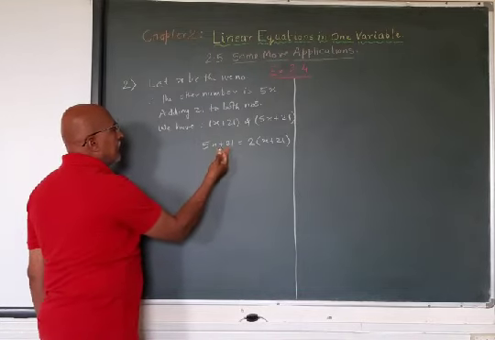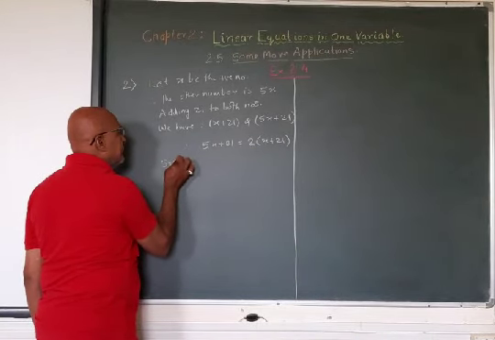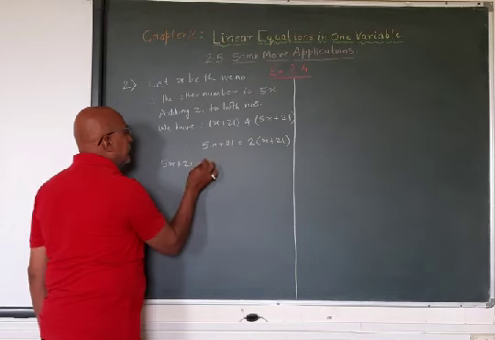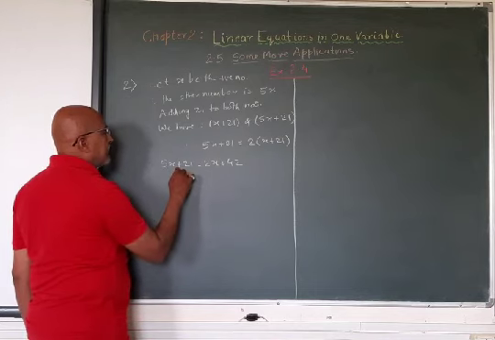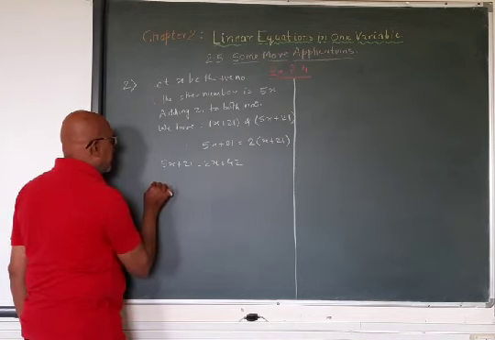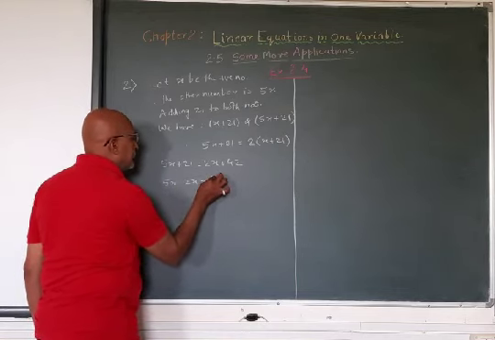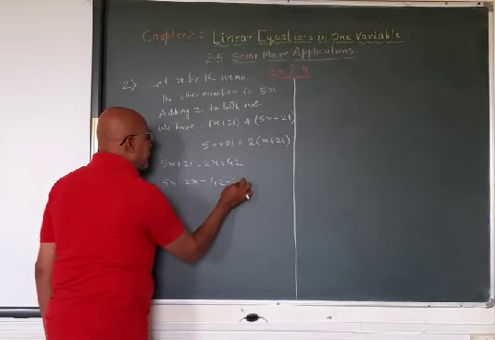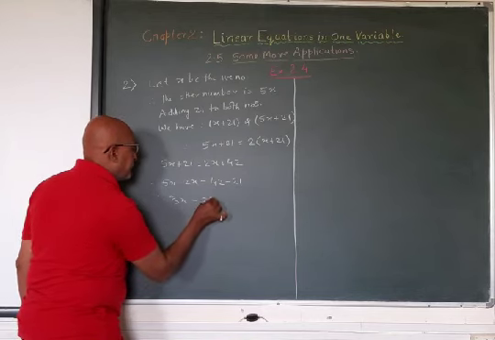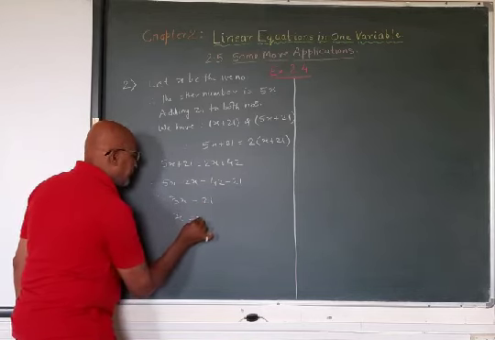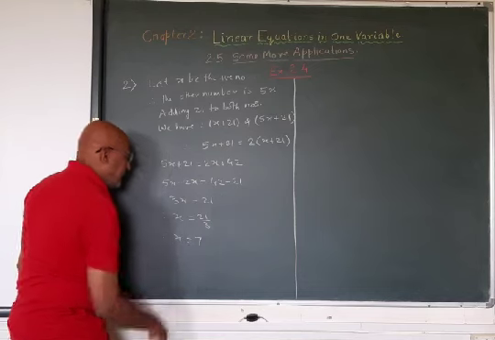Now how to solve? We have to first open this bracket. So we have 5x plus 21 equal to 2x plus 42. Transfer 2x here and this 21 to that side. So 5x minus 2x will be equal to 42 minus 21. Therefore 3x equal to 21, therefore x equal to 21 upon 3, therefore x equal to 7.